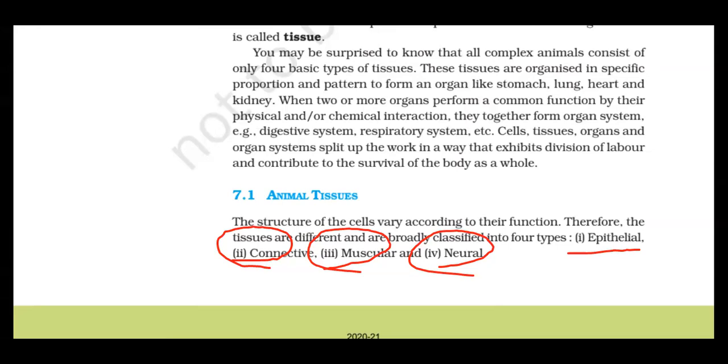For each tissue, you should check where it is located in our body, which means where they are located, and what all the functions they do. So these are the two important points you should note. Okay, for example,